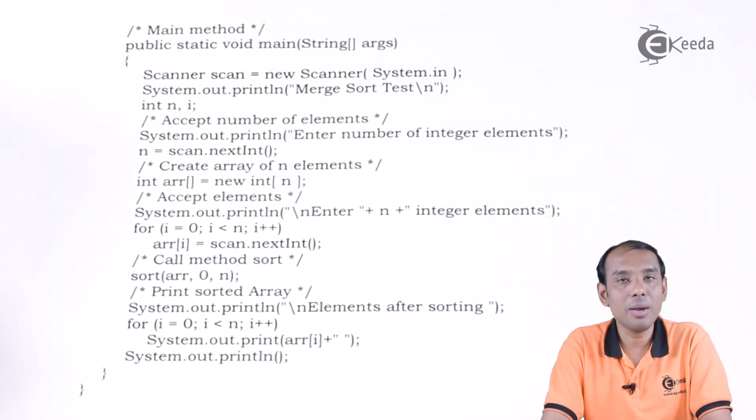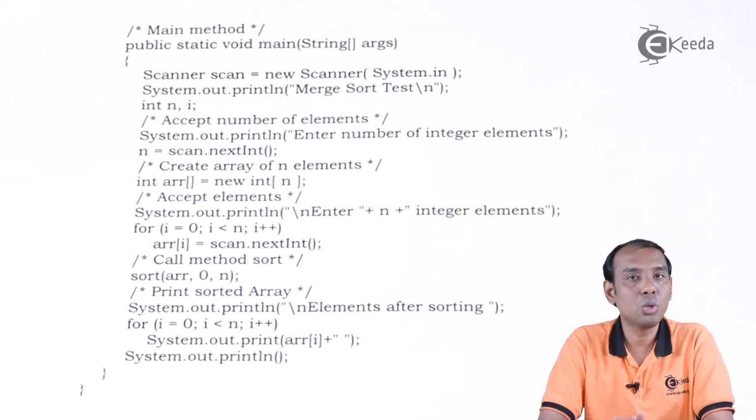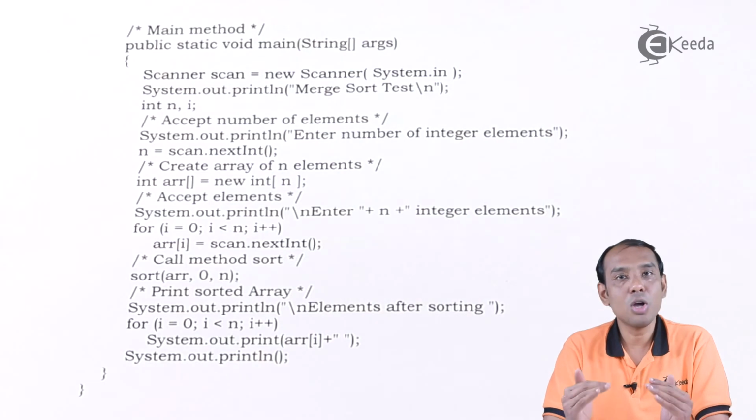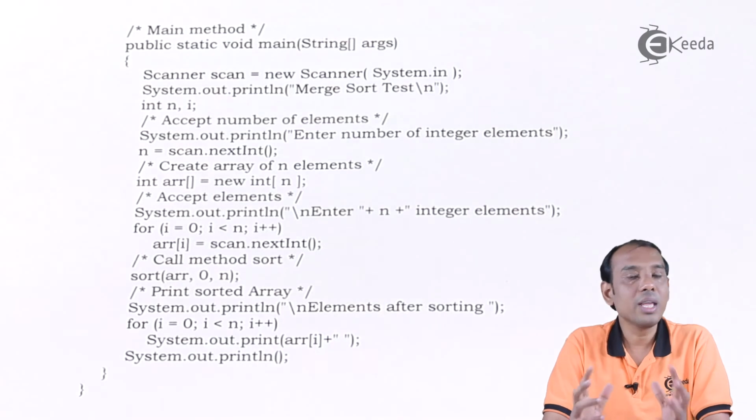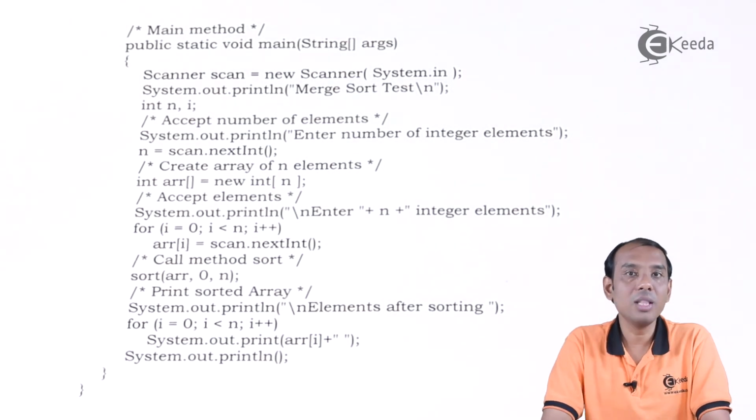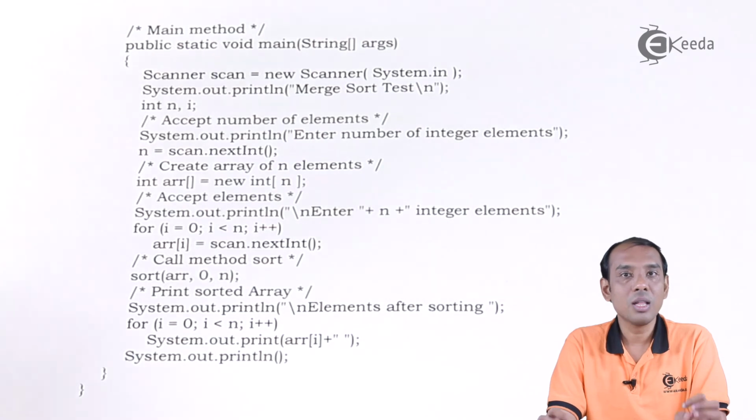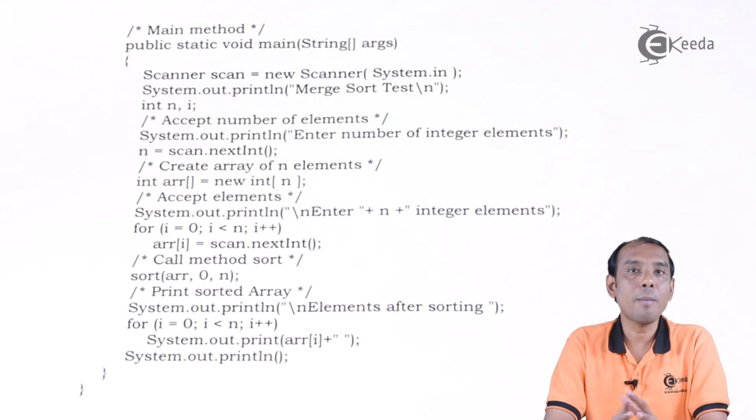Like this, using the main method, we take the elements into the array, then we take the values from the user into the elements of the array. After that, we call the merge function, and once this is called, we sort the arrays until we divide them into atomic values. Once these atomic values are reached, we combine them into one single sorted array. So in the case of merge sort, we divide the given array into atomic values, then arrange them into ascending or descending order. Once this is done, we combine them into